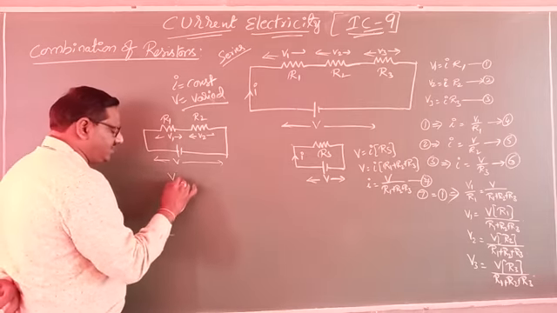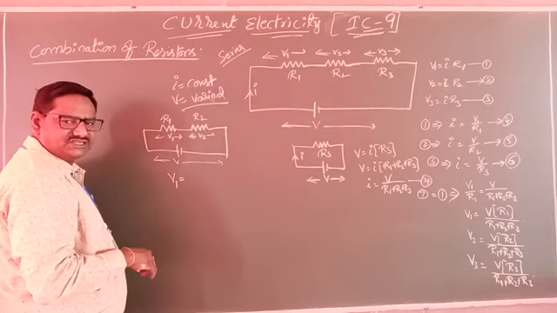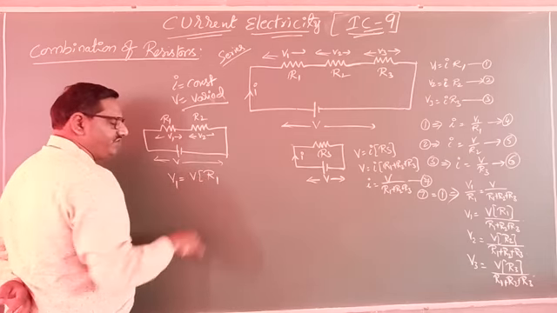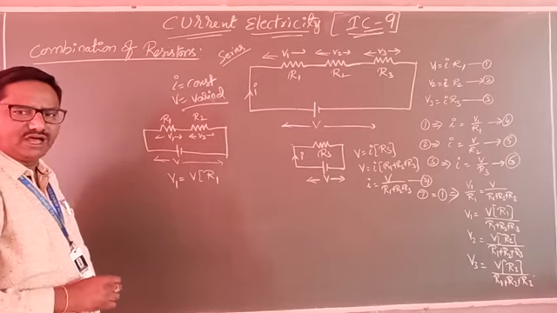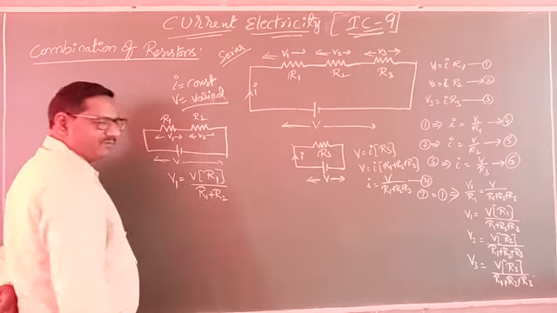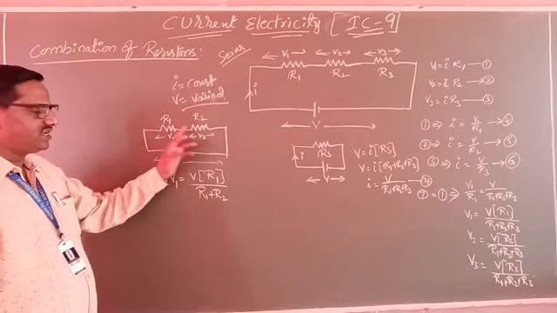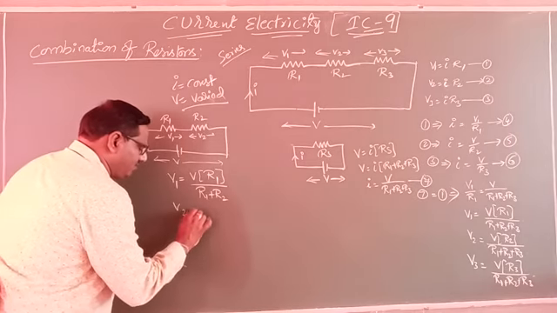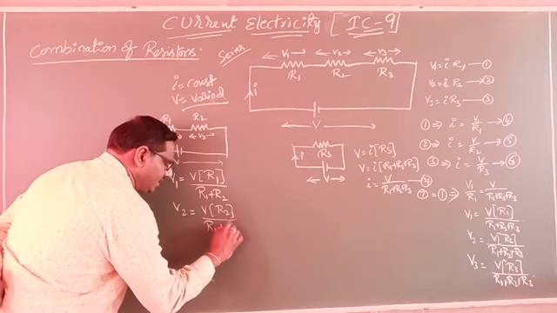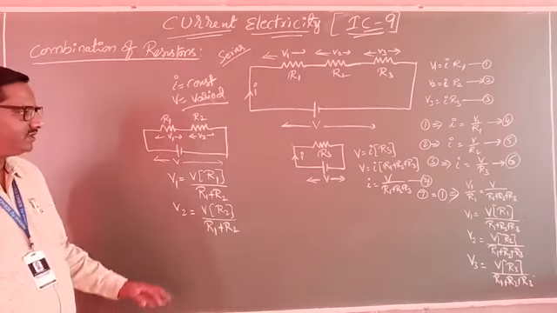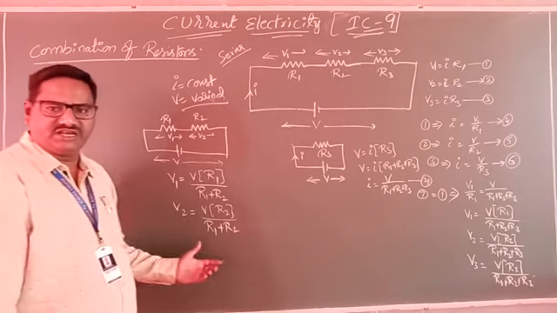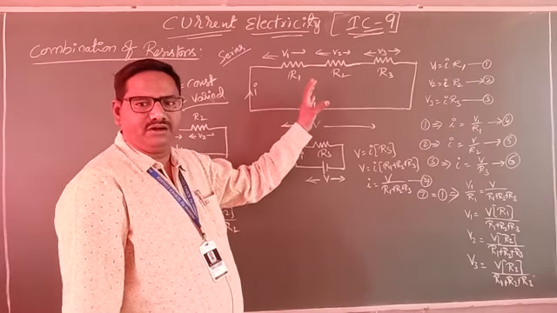We already discussed that the potential V1 across the first resistor equals the total potential in the circuit V into whichever resistor you want, that is R1, divided by the total or effective resistance, that is R1 plus R2, if two resistors are there. Clear? V1 equals that, and V2 equals like this, two formulas we learned in yesterday's last video. Now, if you connect three resistors in series, the same procedure. Here I already derived that.